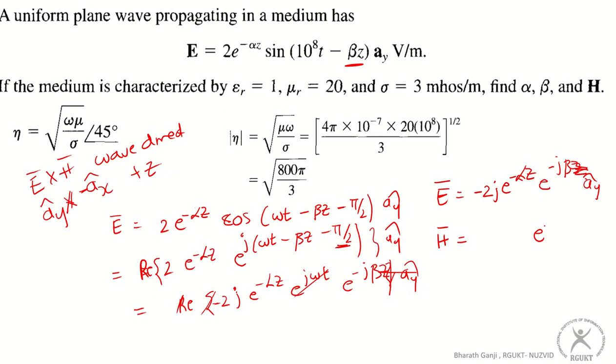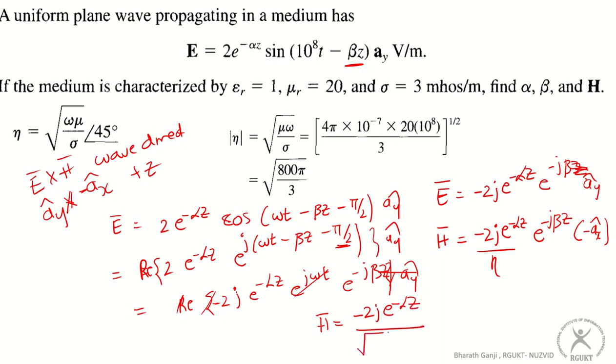So the wave direction is z, so I write e power minus j beta z, and the field direction is minus ax cap. And of course, the magnitude is nothing but electric field magnitude divided by intrinsic impedance eta, right? So what is intrinsic impedance? Or the same equation can be written as H is equal to minus 2j e power minus alpha z divided by